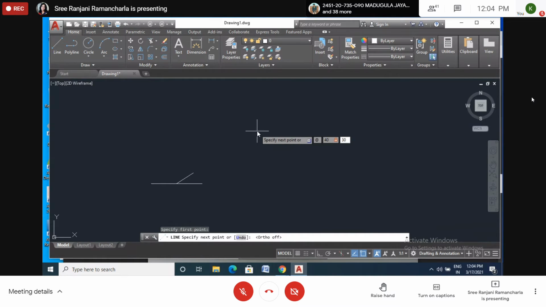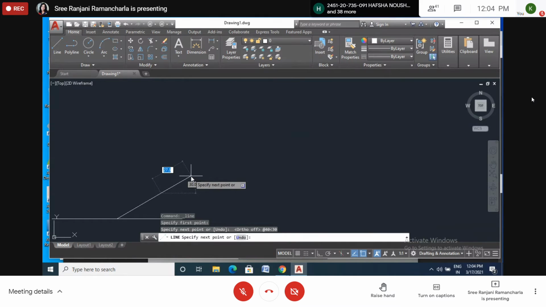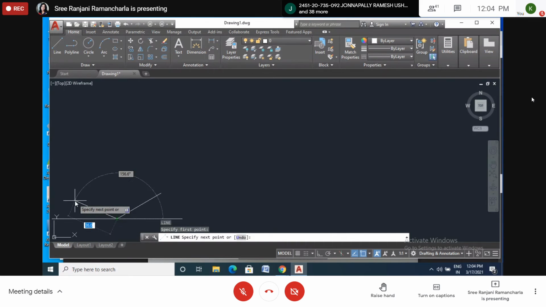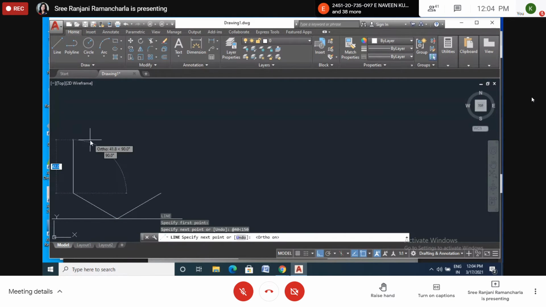30. Enter. Okay. Now from here, I don't want to continue, and again I enter, and from here again I want to take again 40. That is at the rate 40 less than 150 degrees, right? Okay, so vertical line. So here I will take, so vertical line is how much? 50. 50, enter.